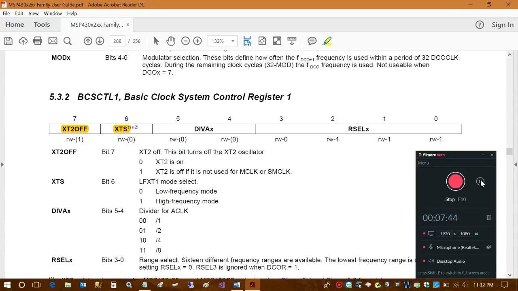If you want to run in the high frequency mode, we have to put this bit as 1. The DIVA is the auxiliary clock prescaler. Usually the auxiliary clock supplies clocking to several other peripherals, so we would like to operate it as a slower peripheral as compared to the main clock or the central clock system. So we would prefer 0, 1, that is divided by 2, that is this one,